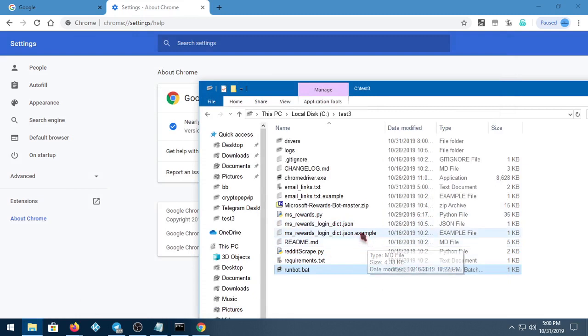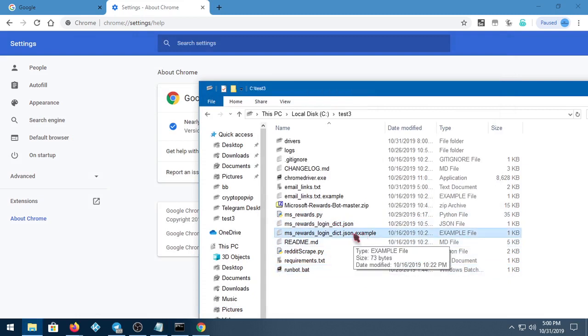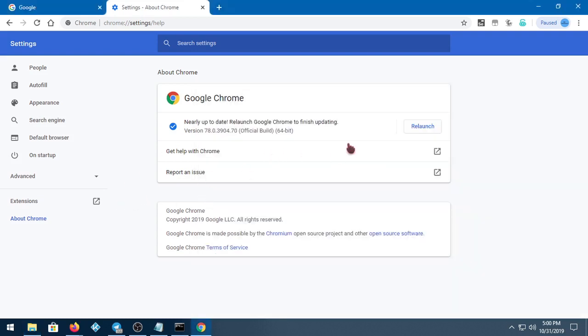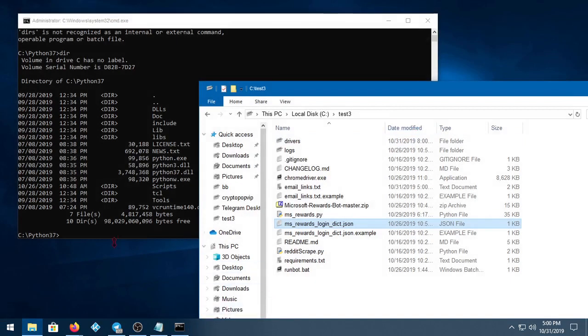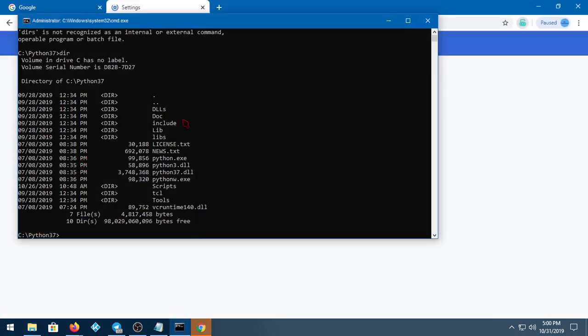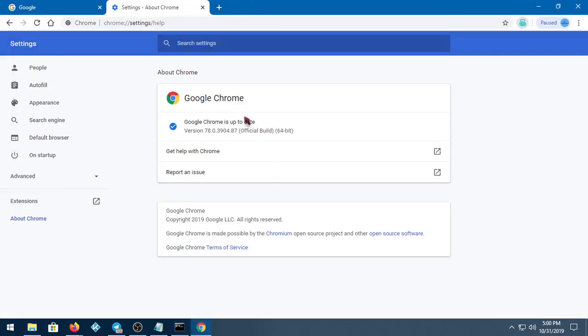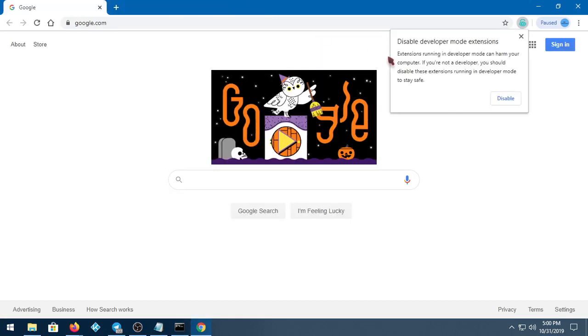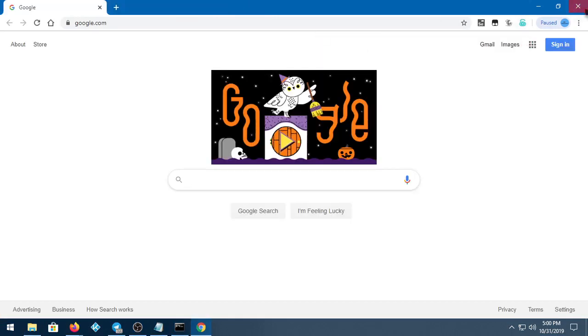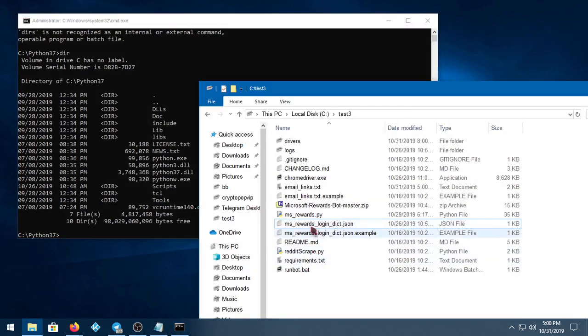Just make sure once you edit this .example file that you rename it and get rid of the .example so it looks like this one here, because otherwise it's not going to work, and that wouldn't be good. Anywho, as you can see, Chrome is up to date now. Now you're not actually going to be launching Chrome itself. You're going to be launching it through this thing called